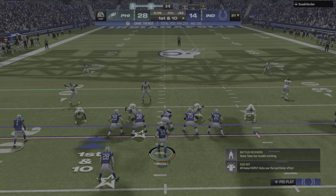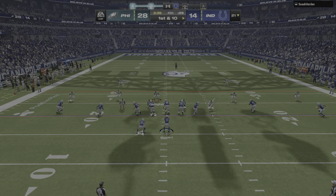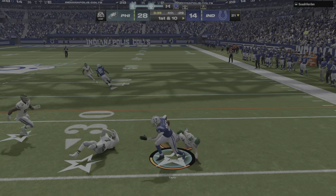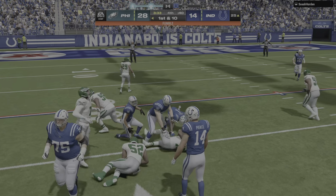The Indy offense at the line and set to go. Not an ideal way to end their previous drive. They threw the interception, Charles, after they had built up some momentum. They were moving the football. And the ball is free. Taylor lost it. Oh, one of the linebackers is